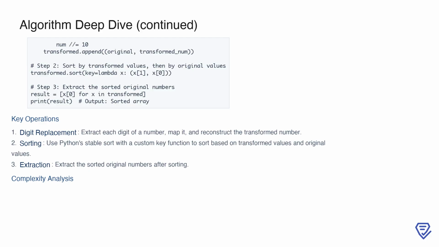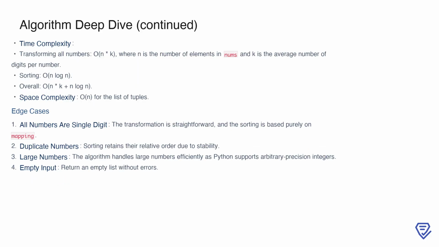The final complexity analysis helps confirm the algorithm's scalability. The time complexity of the algorithm can be broken down into two main components. Transforming all numbers takes O(n*k), where n is the number of elements in nums and k is the average number of digits per number. Sorting the list of tuples takes O(n log n), leading to an overall complexity of O(n*k + n log n). The space complexity is O(n), due to the list of tuples used to pair the original and transformed numbers. Additionally, the algorithm handles a